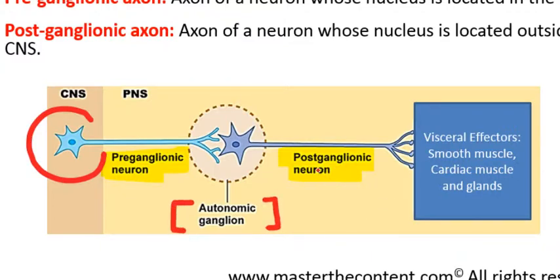And that post-ganglionic neuron is what's responsible for carrying those impulses to the visceral effectors, which in the case of the ANS are smooth muscle, cardiac muscle, and glands around the body. So that's the key difference between a pre and a post-ganglionic neuron. So what we're going to do now that we have that understanding